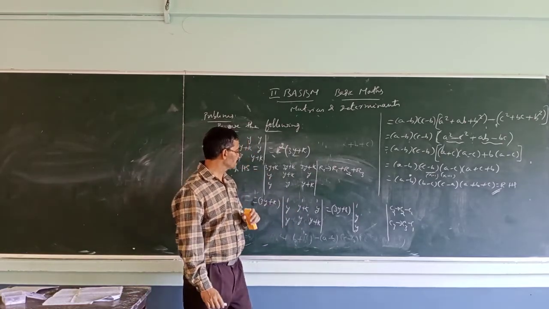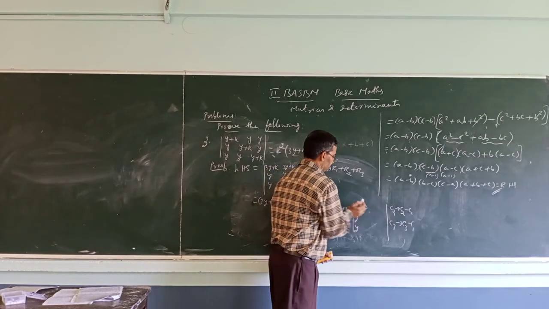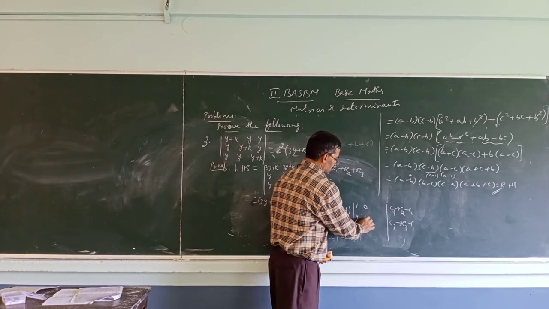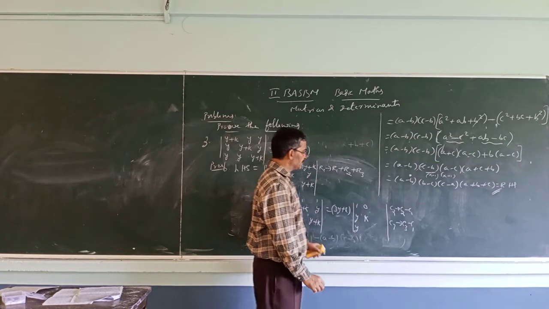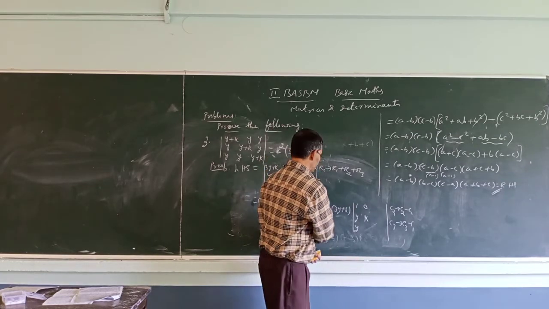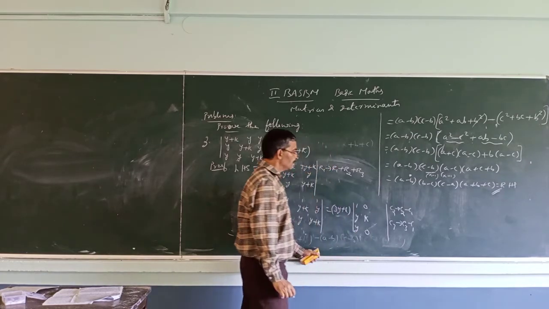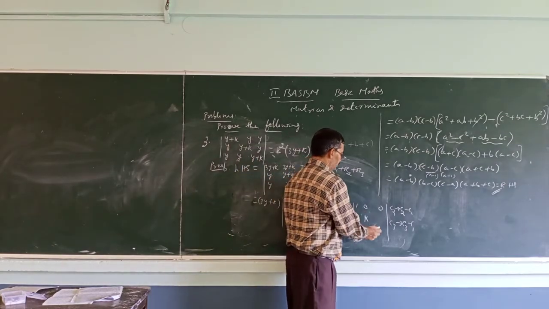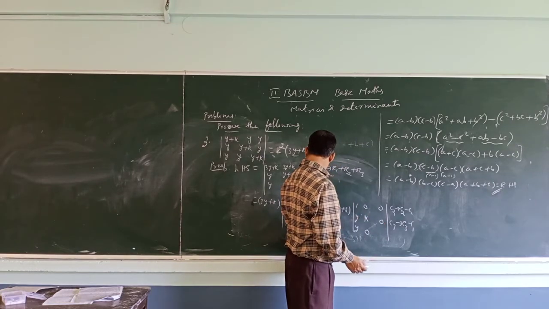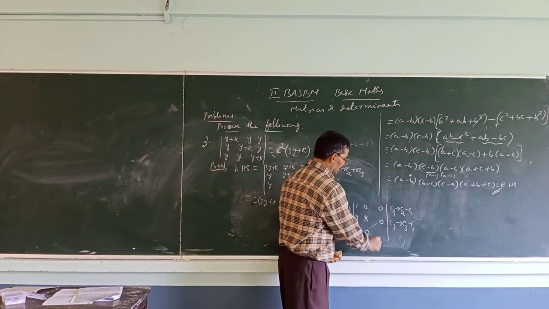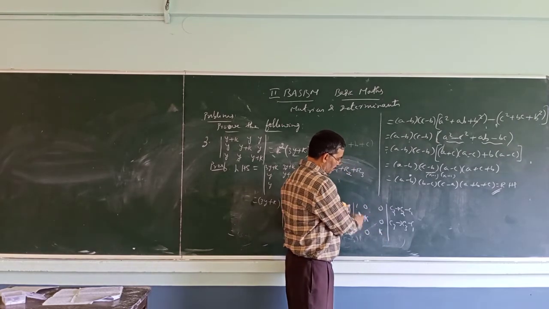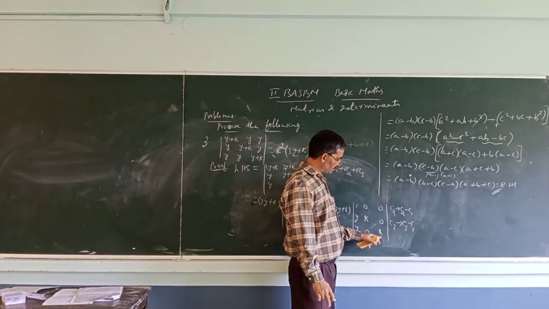So 1 minus 1, 0. And directly write down: y plus k minus y, the y cancels, so k we get. Next one, y minus y, 0 we will get. Column 2 minus column 1. What about the next one? 1 minus 1, 0. Y minus y, 0. Next, y plus k minus y, so again k. Now it is there. These are zeros. So by one of the properties, it is the product of this.